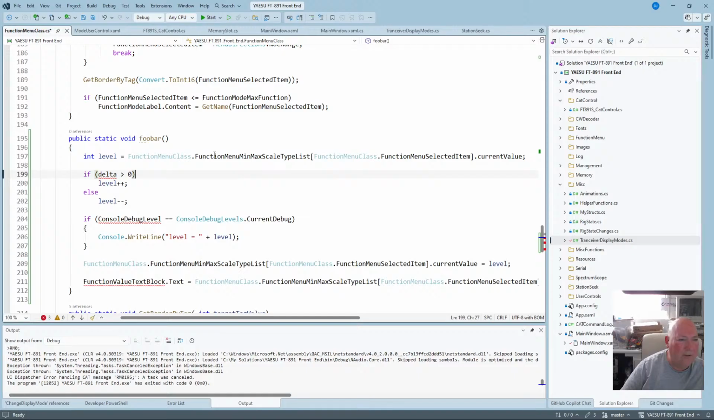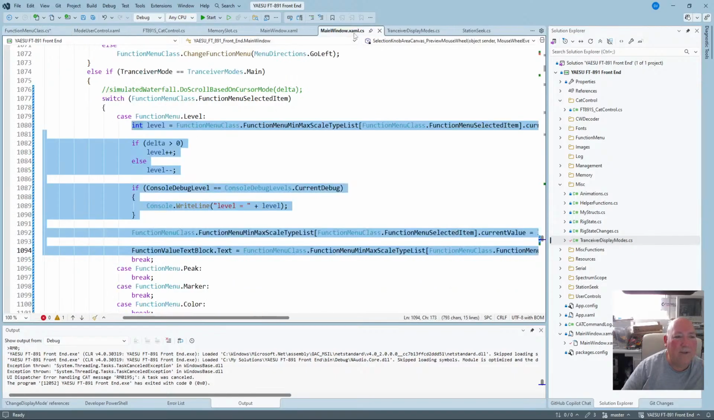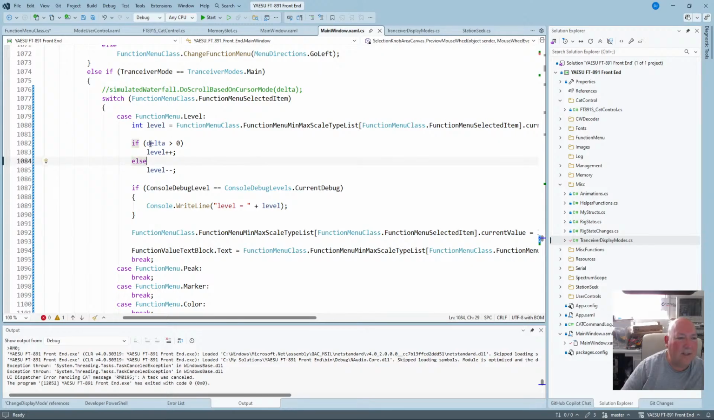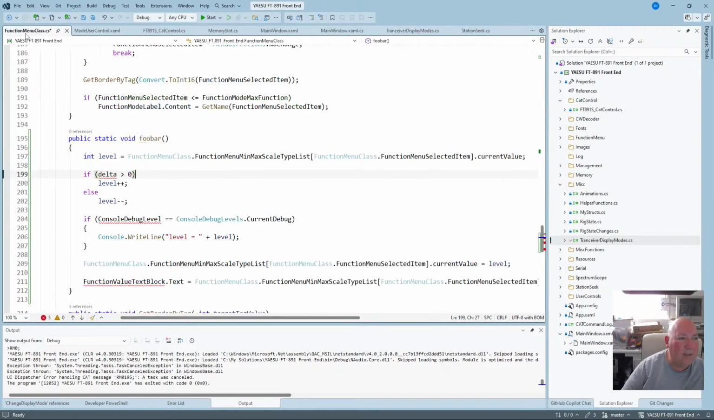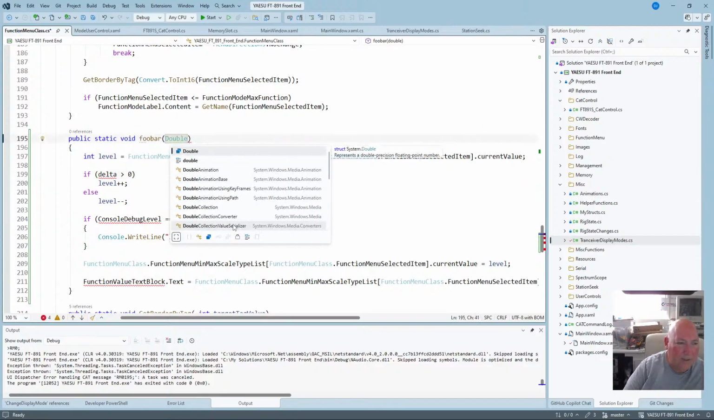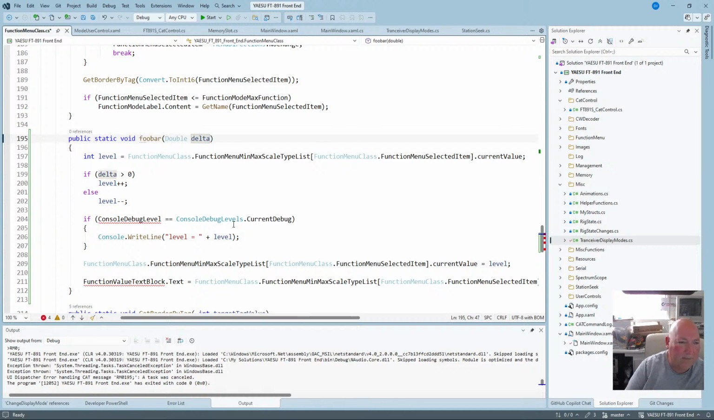The delta will need to be passed in, and the delta, we need to find out what the delta is. It's a double, so the first thing we're going to create is a double. I'm just going to call it delta. Alright, so we've got delta, so now it knows what delta is. The debug level, that'll just be,